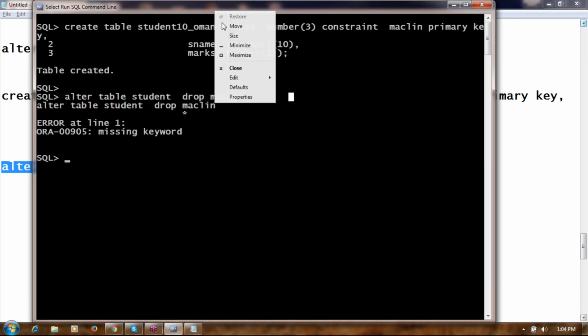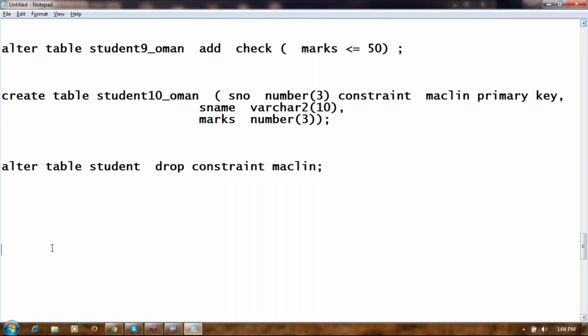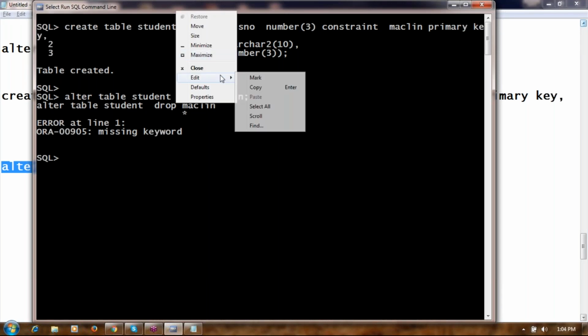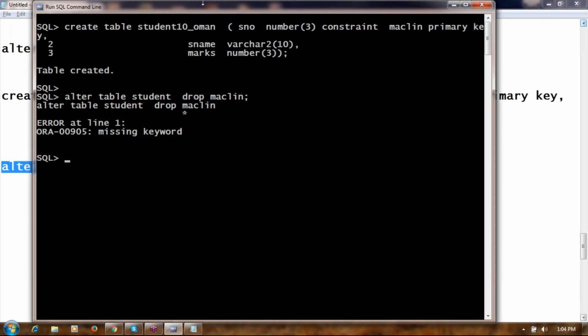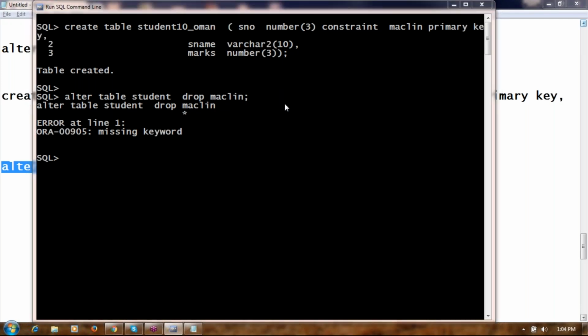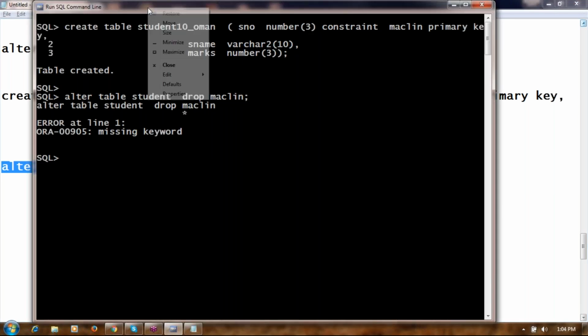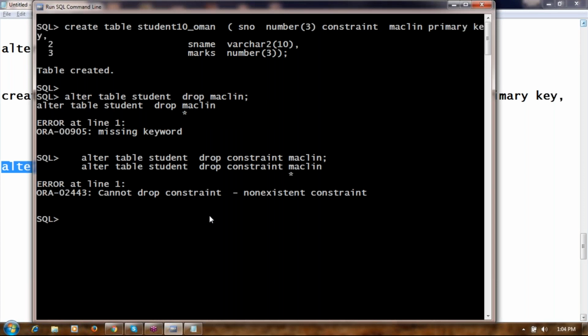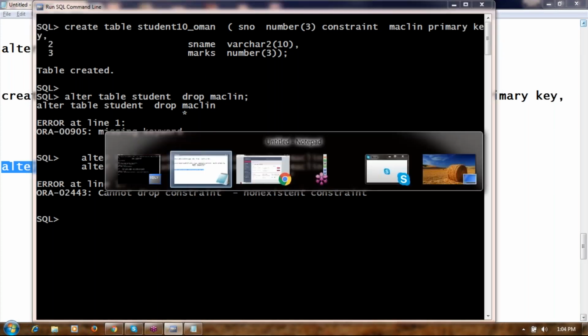I'm unable to paste. Cannot drop constraint, non-existing constraint. I have removed already. Already you might have dropped it.